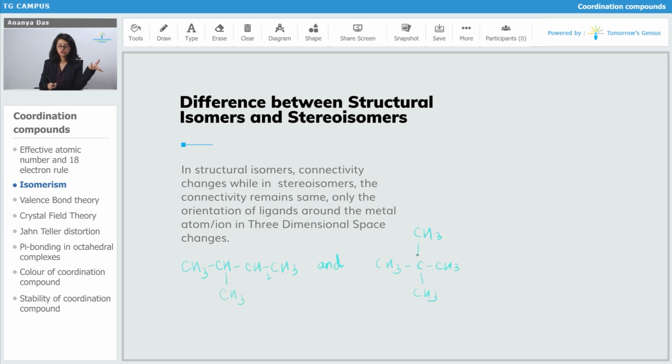These are structural isomers. You can see the connectivity between the carbon atoms is changing. If I name this carbon atom as 1, this is 2, this is 3, this is 4 and that's carbon atom 5, and then if this is 1, 2, 3, 4 and 5. You will be able to see that the molecular formula remains the same, but in this one, the fourth carbon is attached to the third carbon, whereas in this the entire structure is different. The fourth carbon is attached to the second carbon. Connectivity is changing. Whereas stereoisomers, when I talk about stereoisomers,